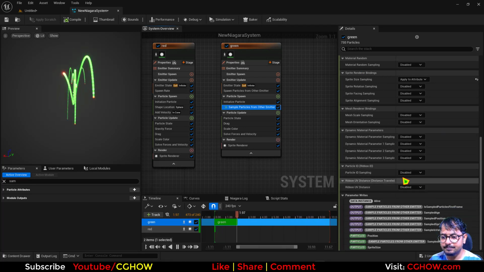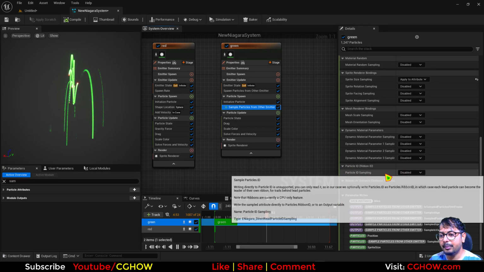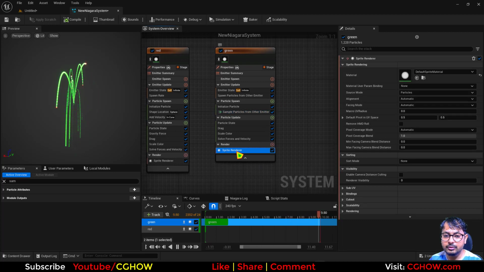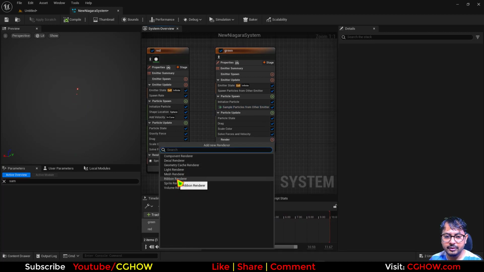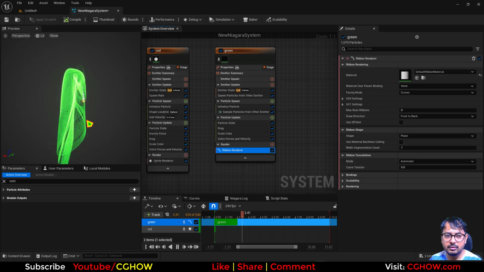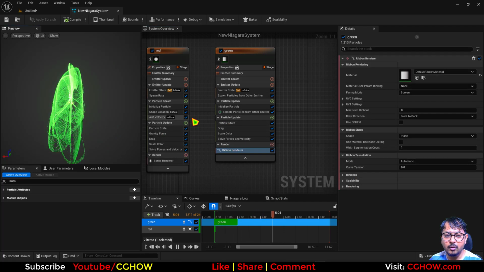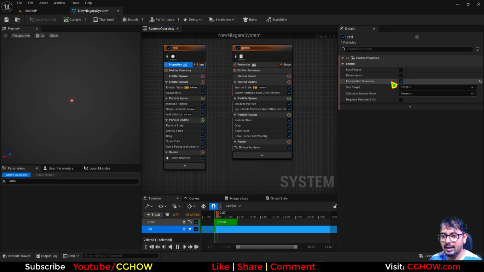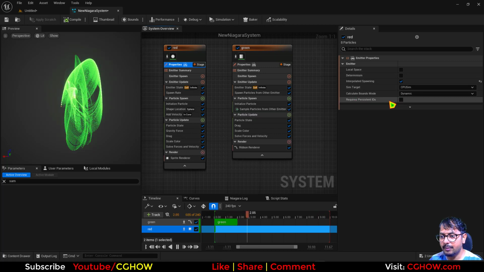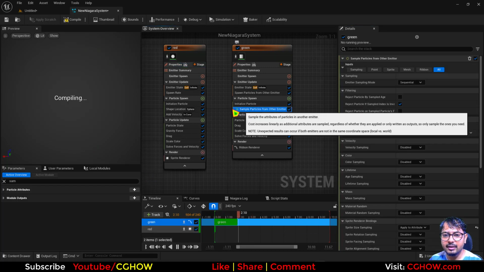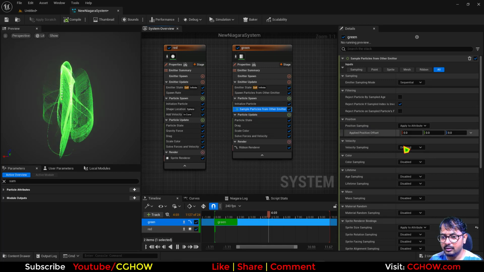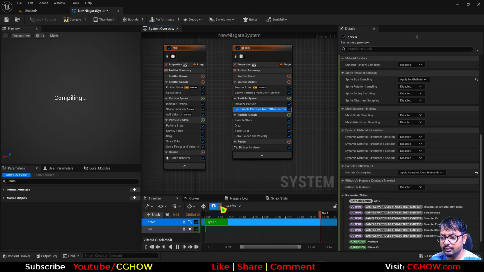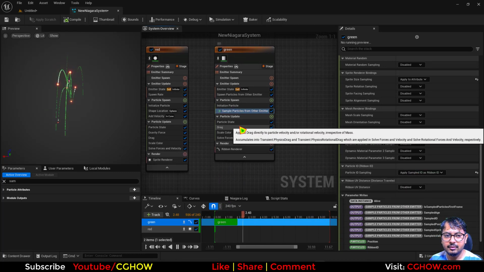You can use anything. And here, one is very important, particle ID sample, very useful when you're using ribbons. So basically, if you don't use this in the red one and you use a ribbon, the ribbon has some issues. If you want to solve it, you have to do two things. First thing, in the source, you need to go to properties and click here on require persistent ID. Then the second thing, you need to go to this sample particle from other and go down to the ID, use this here, and